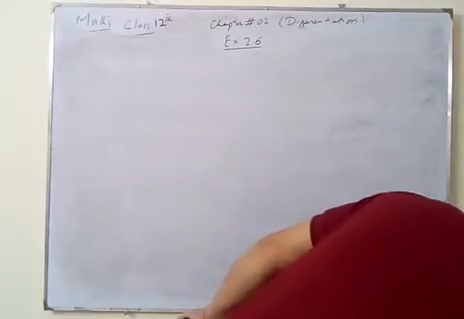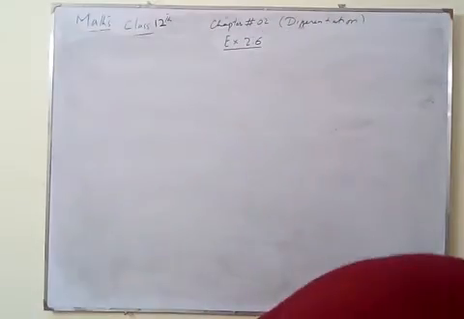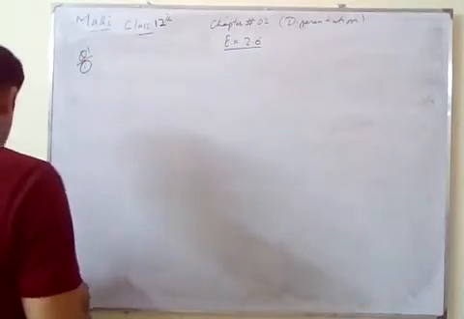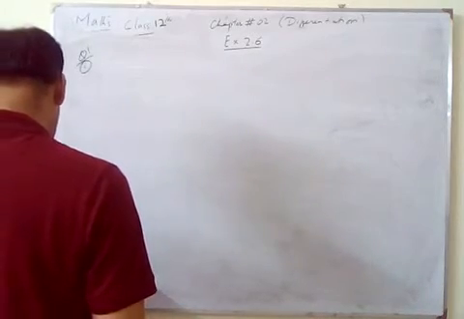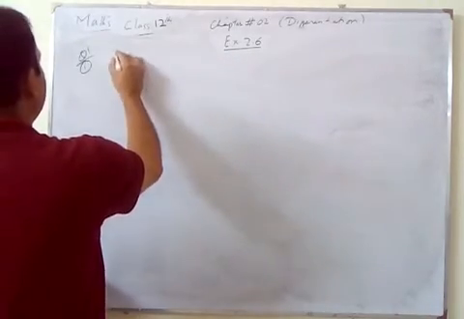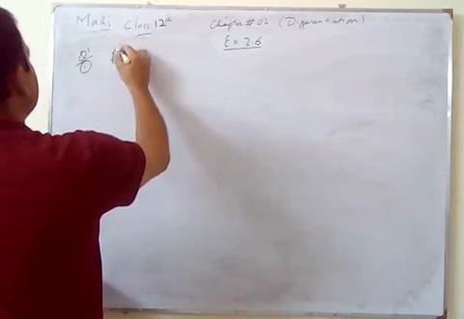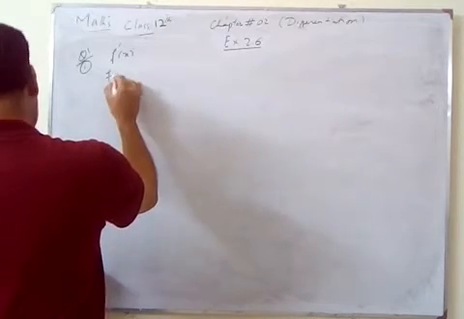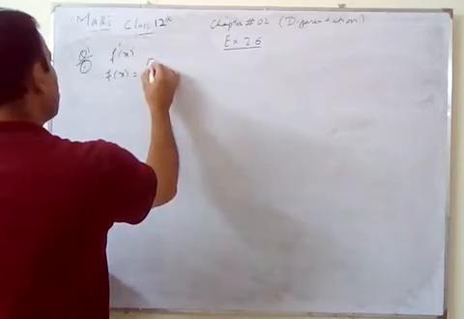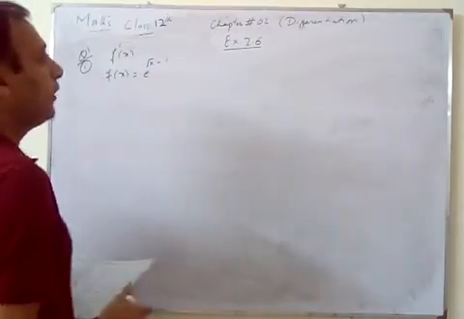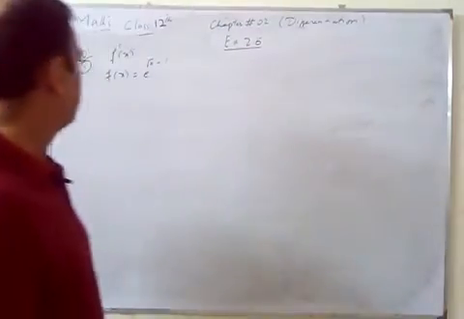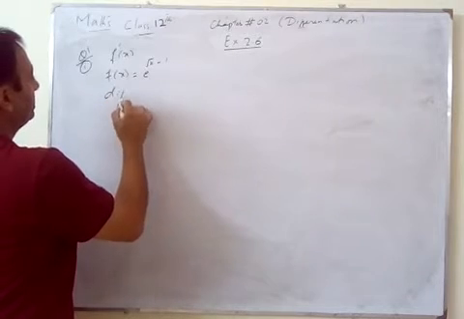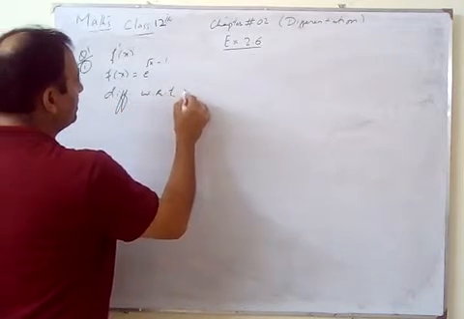In the exercise, I try to solve the first question, part 1. He is asking to find f prime of x. F prime of x means the derivative, the first derivative. So in the first part he is saying f of x is equal to e power square root of x minus 1. The complete value is in its exponent. So differentiate with respect to x.